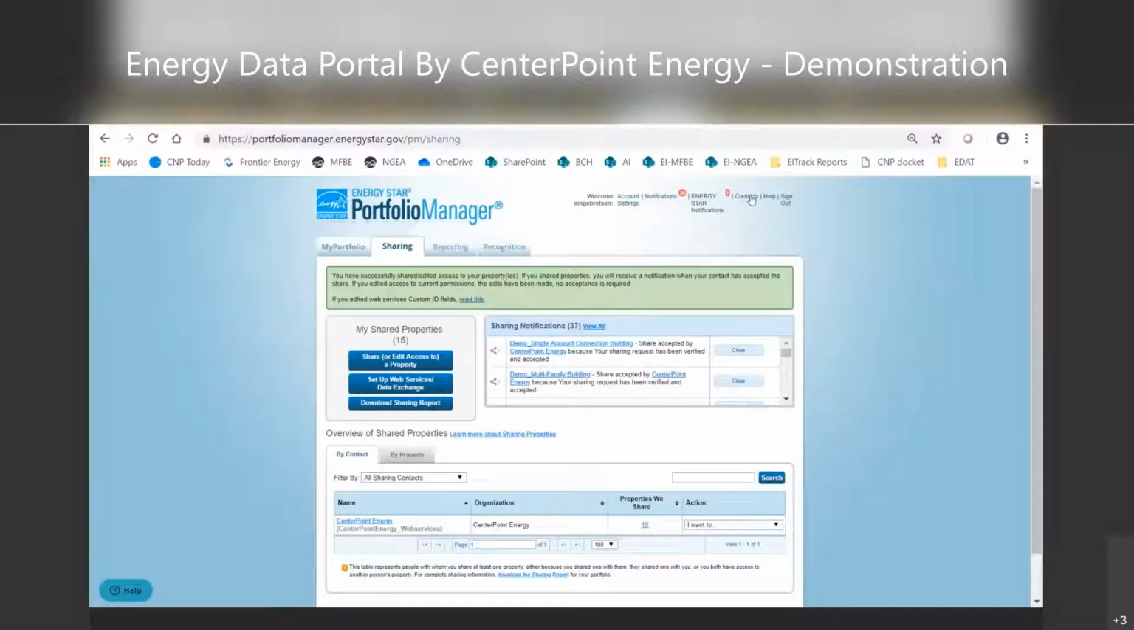So again, in order to share data with CenterPoint Energy, you have to first, and this is a one-time step, add CenterPoint Energy as a contact, and from there, for each building that you want to share, to send data to Portfolio Manager, you have to share that individual property in Portfolio Manager. So once you've done that,